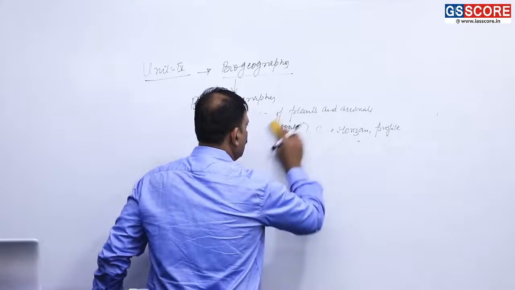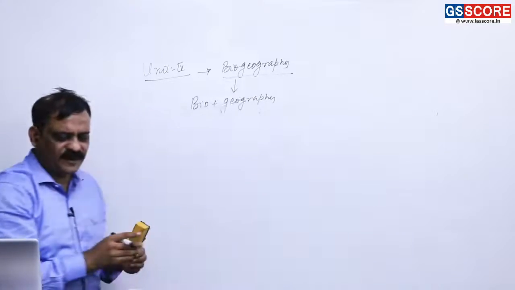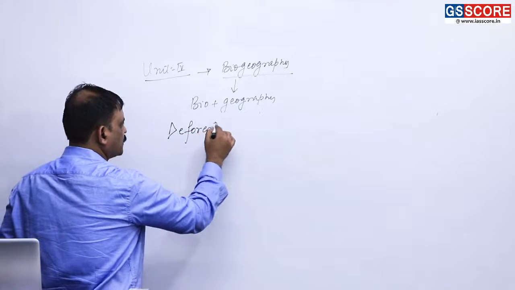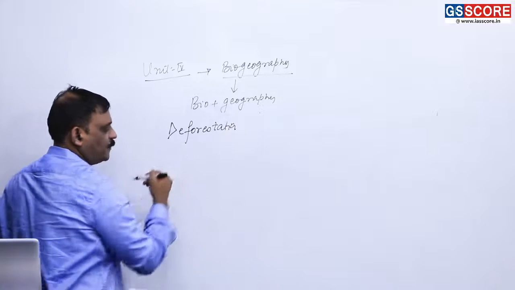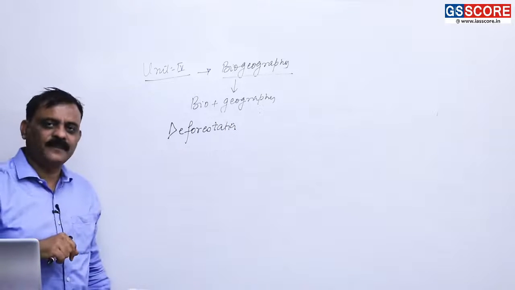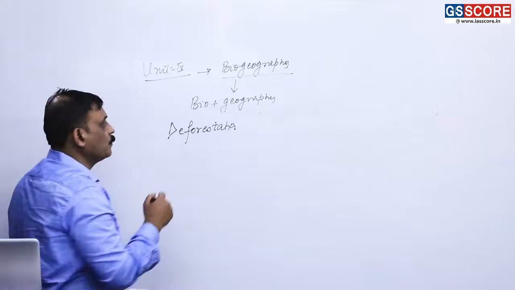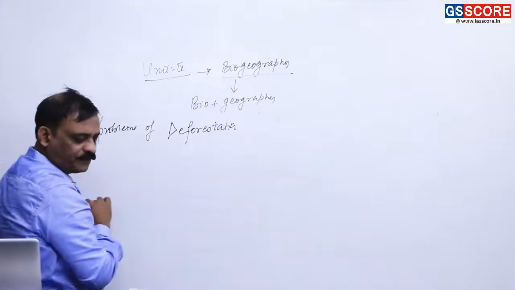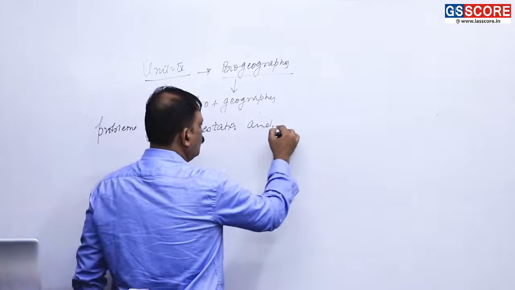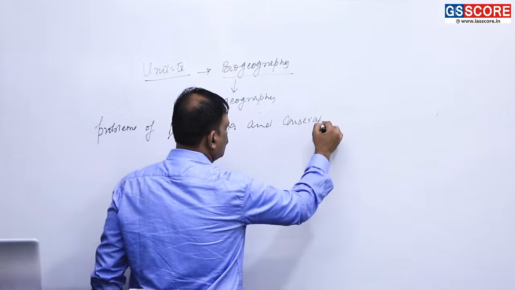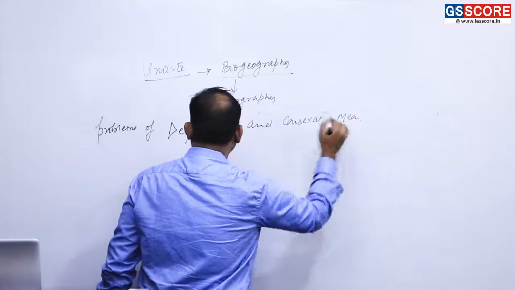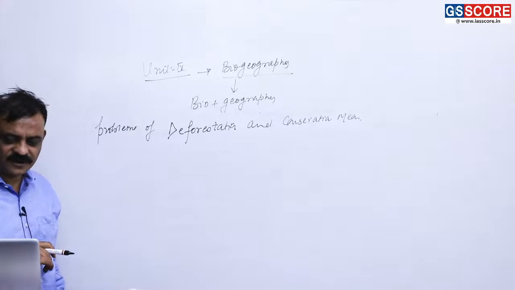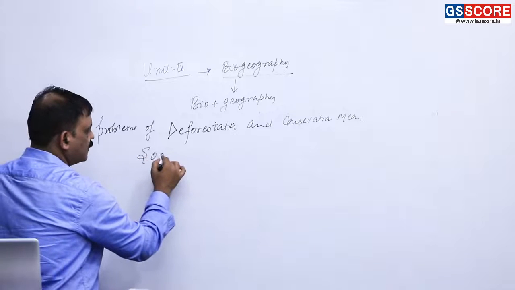Problems come in, meaning issue areas. What are the issue areas? Deforestation. That could be the applied part of biogeography: problems of deforestation and problems related to conservation measures. What could be the conservation measures that we can take in order to deal with this menace of deforestation, or with the problems of deforestation? Again, you will study social forestry,